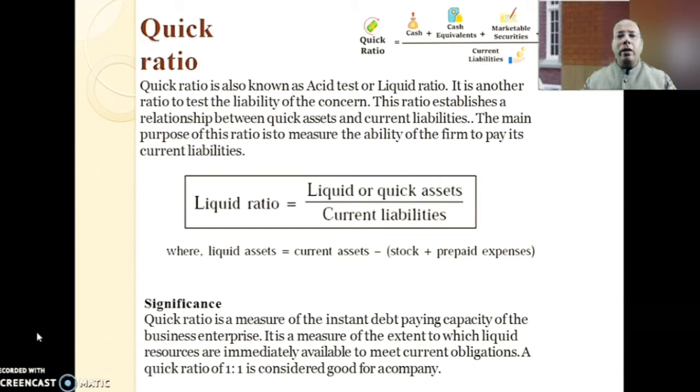What would happen if your current ratio and quick ratio are greater than the ideal ratio? Well, you will not be utilizing your resources properly. Instead of investing the extra cash into fixed assets or investments, you're keeping them as liquid assets, which do not fetch any greater earnings. Because if you keep something in the form of cash, you do not earn money on that. Therefore, it is not advisable to keep liquid assets beyond the ideal ratio. If you have liquid assets or current assets less than the ideal ratio, you may not have sufficient liquid or current assets to pay off your current liabilities. And that is why the concept of ideal ratios is important.